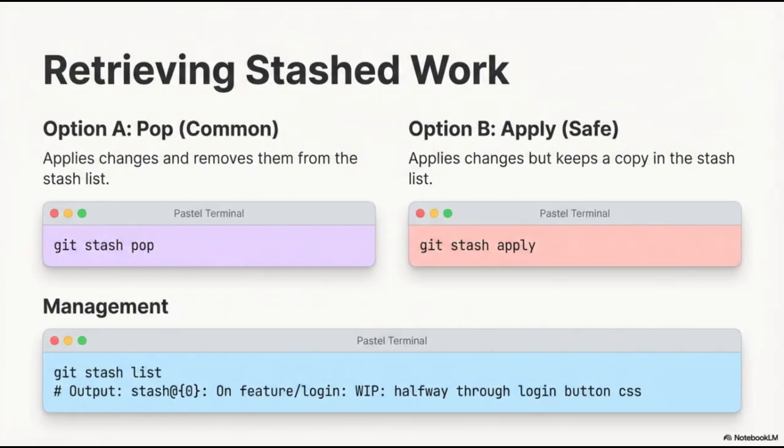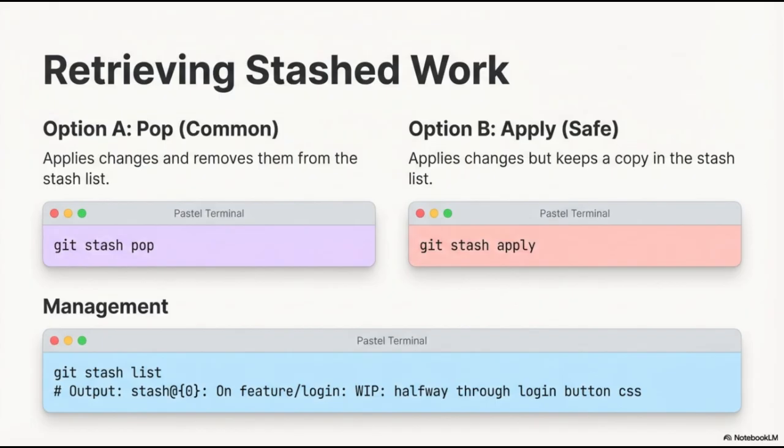When you are ready to bring back your stashed work, you have two primary options. Option A is the git stash pop command. This is the most common approach. It applies your changes to your current working directory and then immediately removes that entry from your stash list, keeping